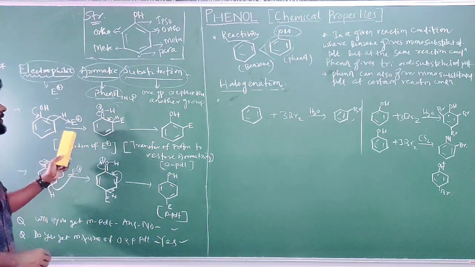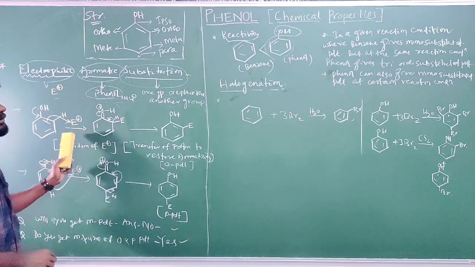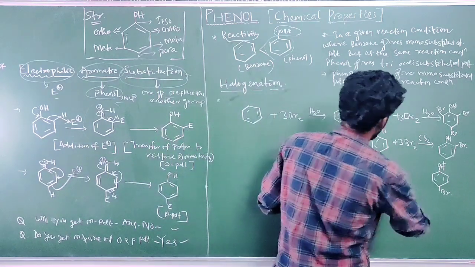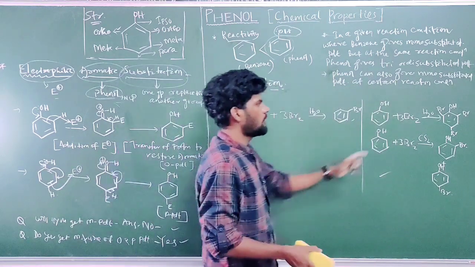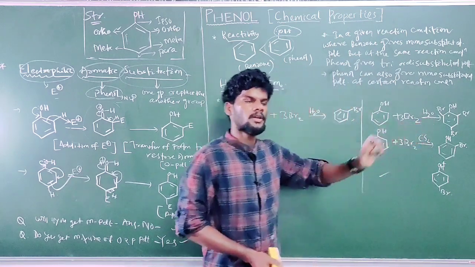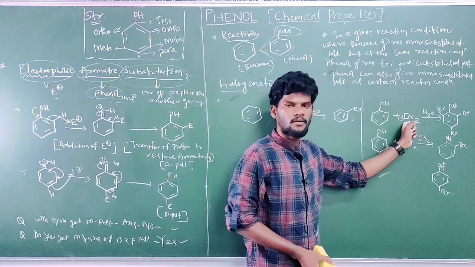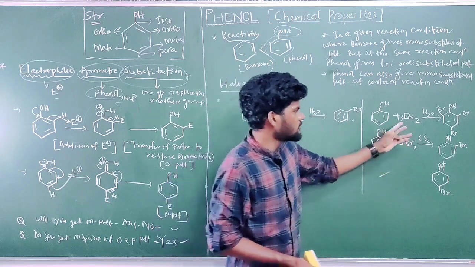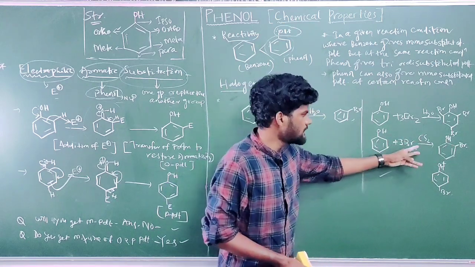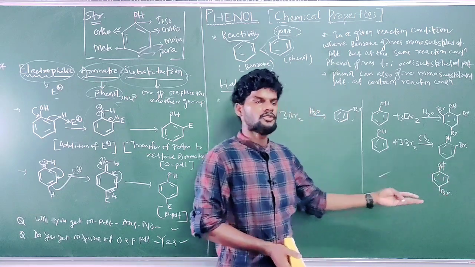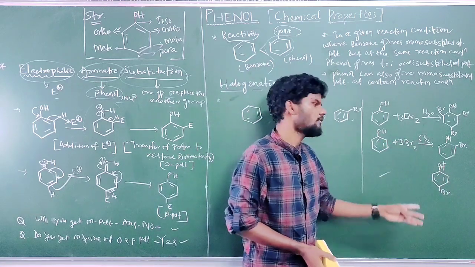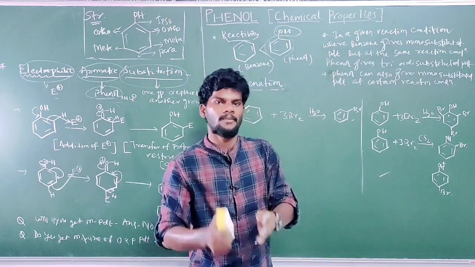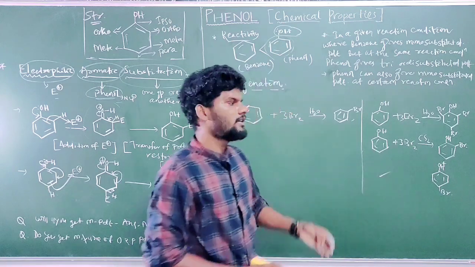The reaction mechanism is ditto similar to this. That is why I asked about electrophilic aromatic substitution, but the electrophile will be replaced by bromine ion. So the important step: why is this the reason? You have to know the reason, because of the polar solvent. In the presence of a polar solvent, the bromine molecule will break very easily to Br plus and Br minus, and that is why it forms the tri-substituted product. But in case of a non-polar solvent like carbon disulfide, the bromine molecule will not break very easily to Br plus and Br minus. Here Br plus is the electrophile, we need the electrophile.